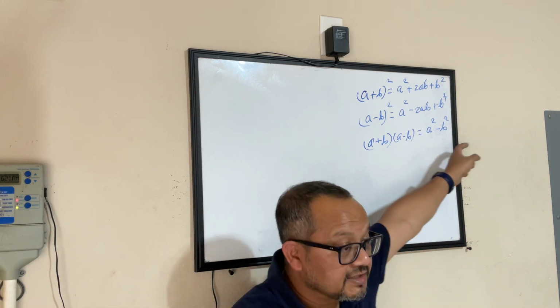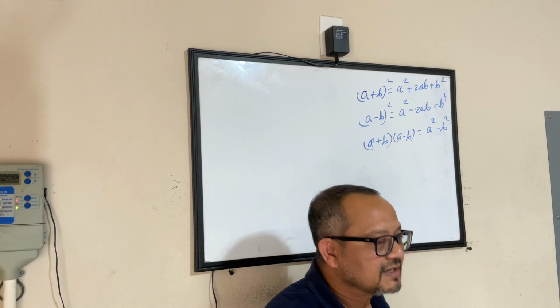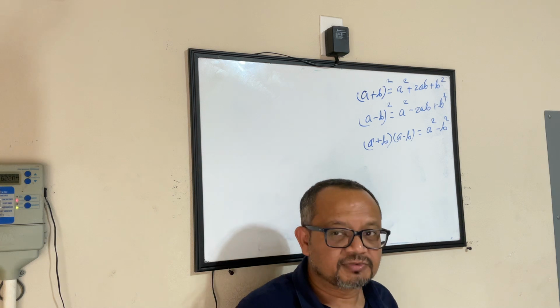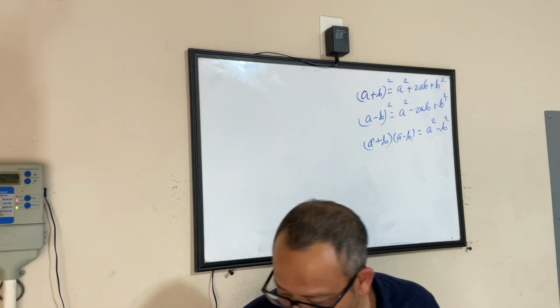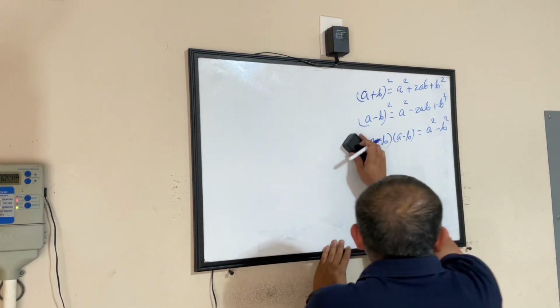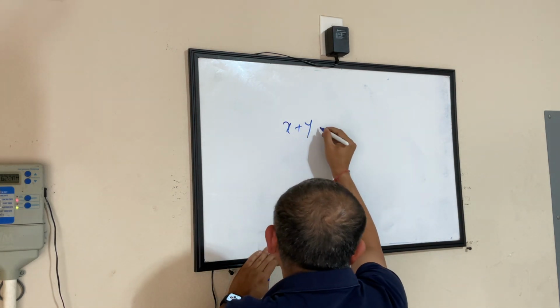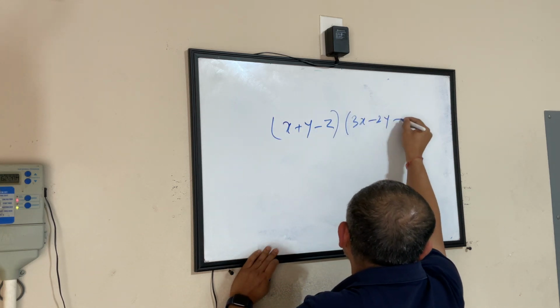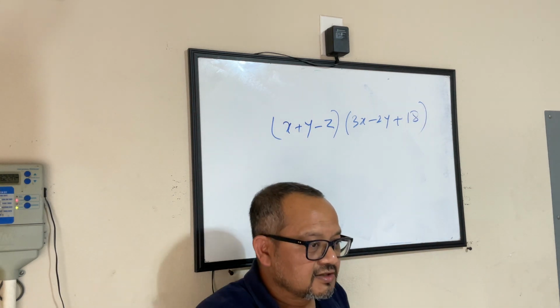So here, these are three standard polynomial formulas that we will keep encountering every day, no matter whether we like them or we hate them. Okay, so that's why we just looked at how this formula came into existence. Now the next thing we would want to do is multiplying polynomials, and we have literally seen it just now. If somebody says multiply x plus y minus z with 3x minus 2y plus 18. If you have to multiply this,